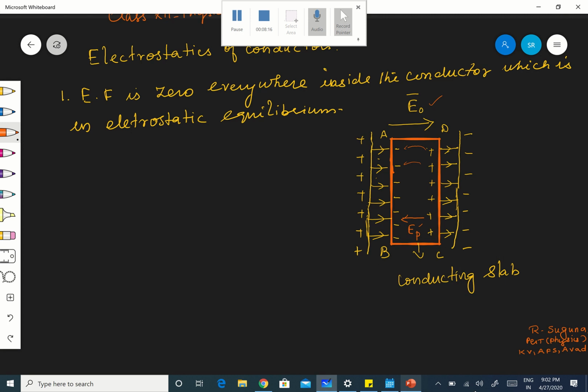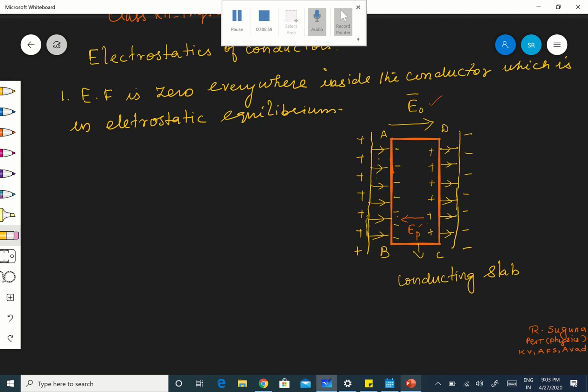But once it is increasing, it will oppose the electrons coming to this side. Why? Because once there is an electric field, this side positive, this side negative, that is AB side negative, because it goes from positive to negative. Once it becomes negative, it is not that easy for electrons to come and accumulate here. EP is gradually increasing, and that will oppose the electrons coming from CD to AB. So that will start opposing.